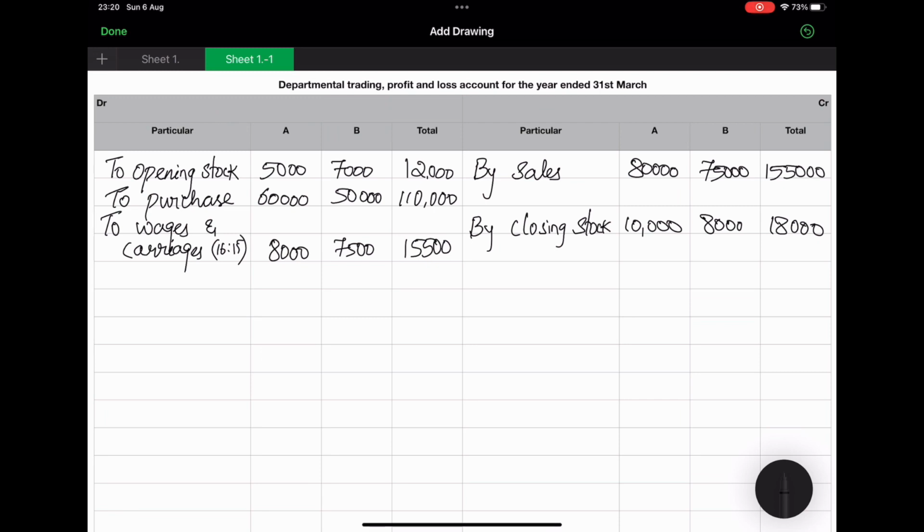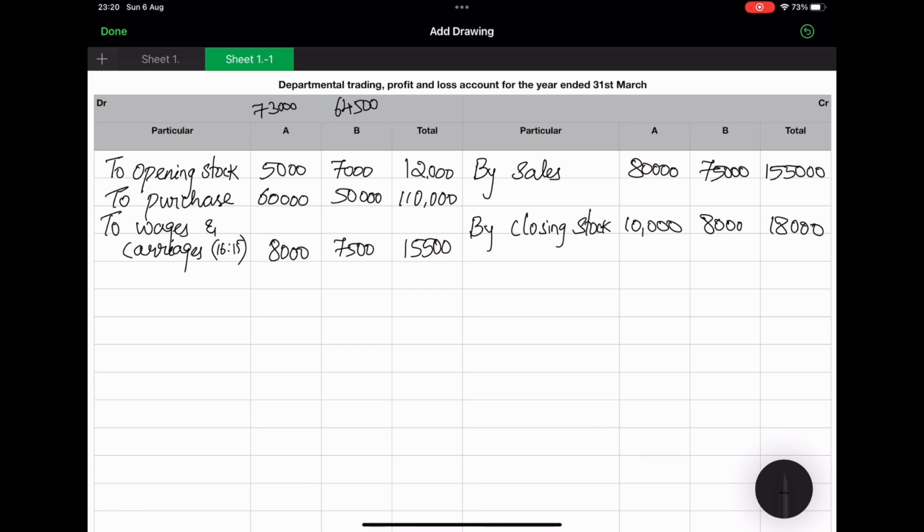Okay, so if we add 5,000 plus 60,000 plus 8,000, we are going to get 73,000 as total for departmental A in debit side, and 7,000 plus 50,000 plus 7,500, total 64,500 in departmental